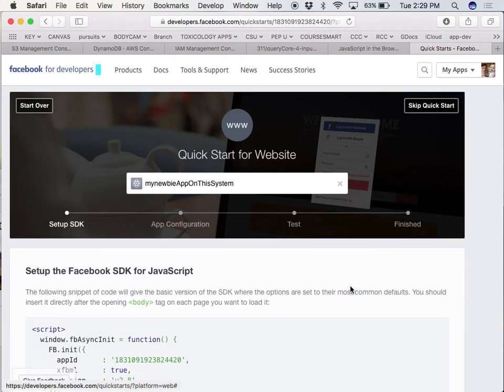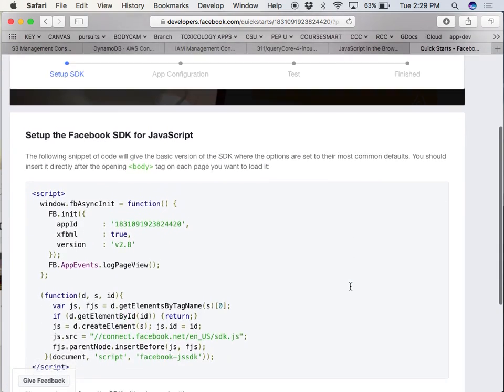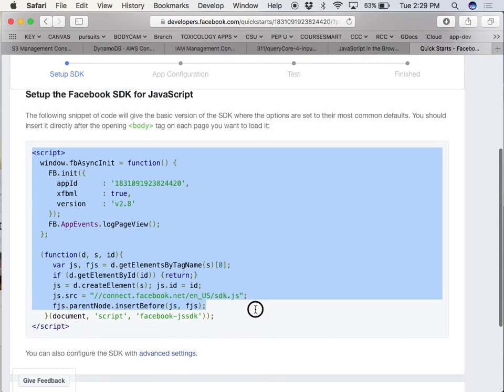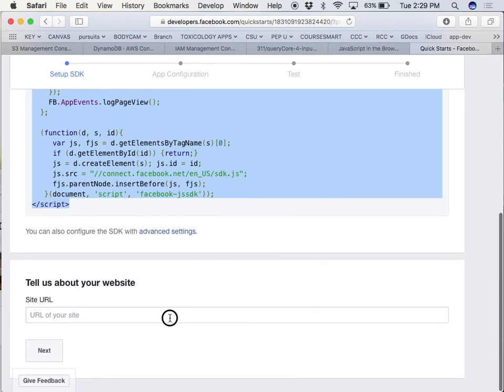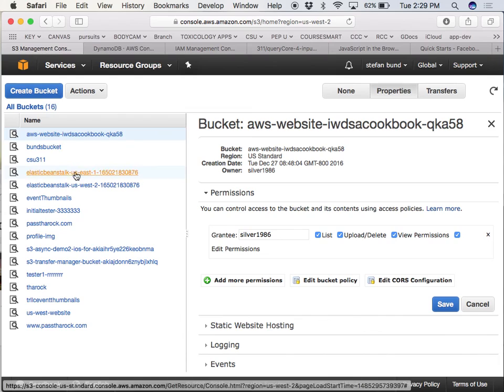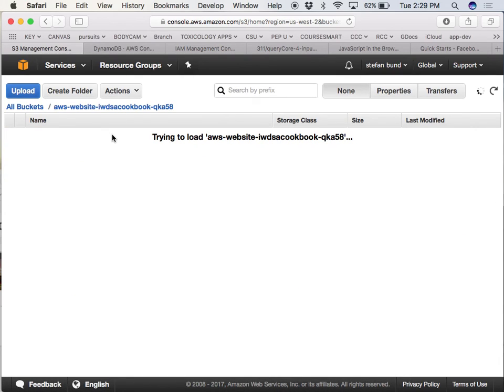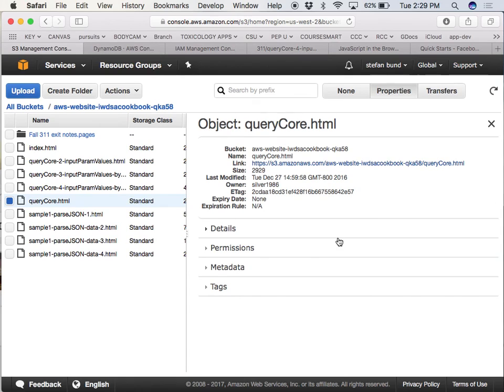And then I now have a new site, and this is going to be some JavaScript that you're going to use in a few minutes in the next video. Your URL is going to be wherever it is in your S3. So you're going up there and you say, well, this is going to be the URL that I'm going to work with.